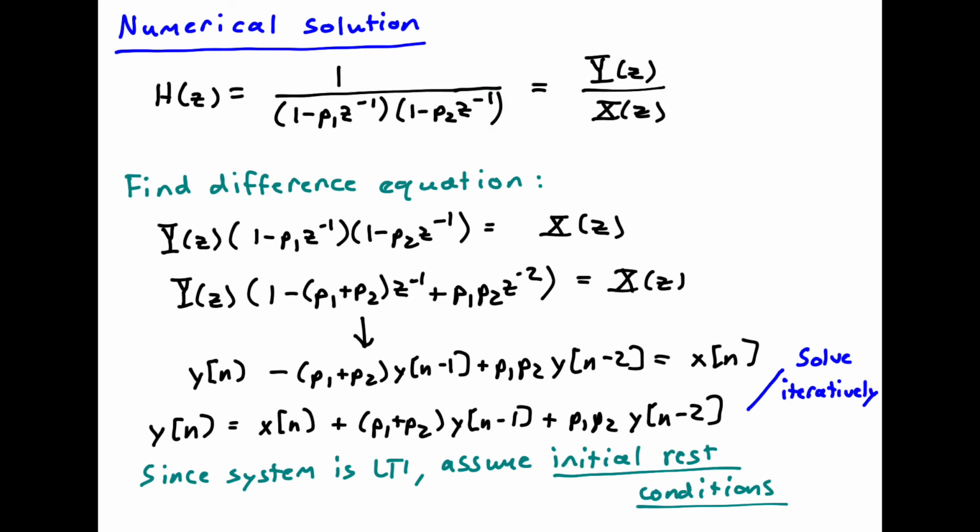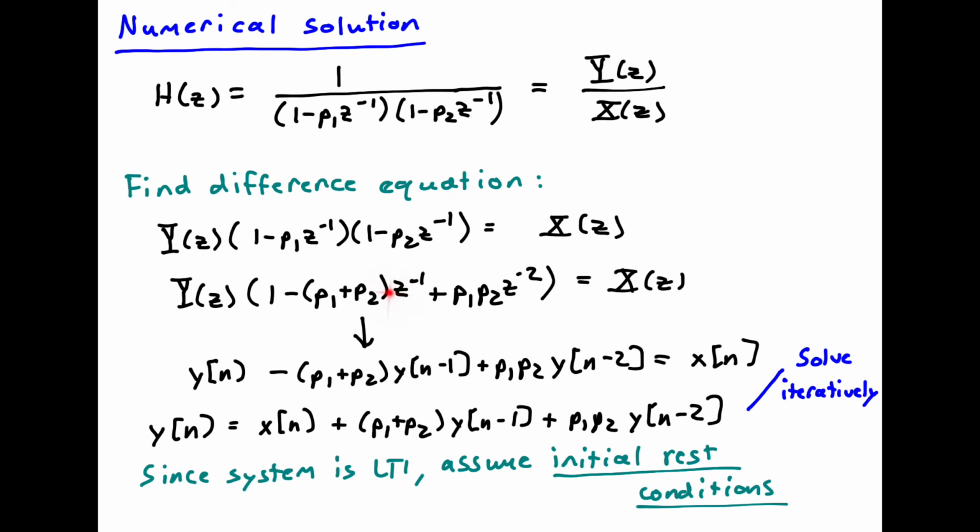We have H of z, which is Y of z over X of z. We can do the cross multiplication here. We get this form, Y of z times the two pole terms is equal to X of z. Then we're doing the multiplication through and combining some terms. And then we can inverse transform this equation, remembering that z to the minus n0 corresponds to a delay of